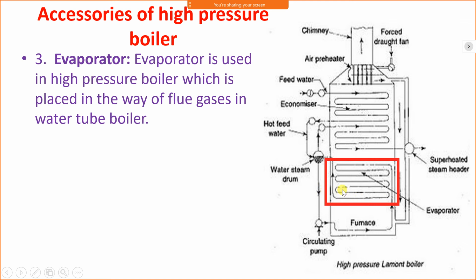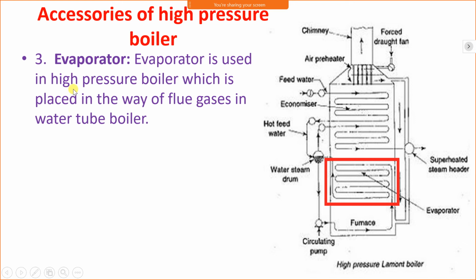In the evaporator, water is converted into steam. This is a saturated steam, not wet steam. This is saturated steam, but it cannot be superheated because it is in contact with the water. Therefore, it needs to be supplied to the superheater. Then it passes again to the boiler drum. Then from the boiler drum it is supplied to the superheater, where it is heated again with the help of flue gases, and superheated steam is then supplied to the turbine.